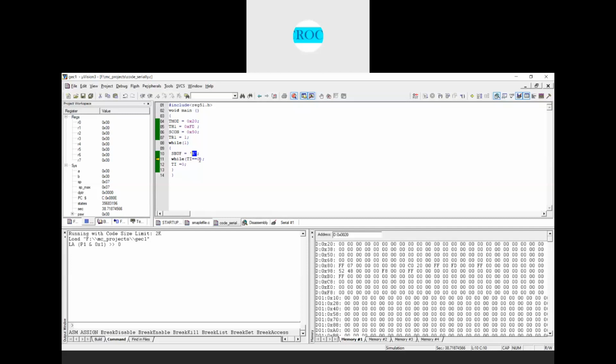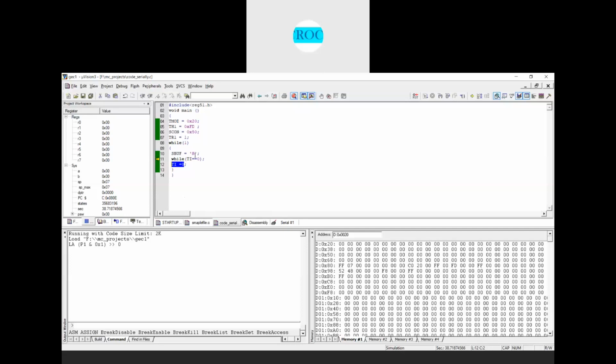If it is transmitted, what will happen? It will set the TI flag to 1. For the next transmission of data, you make sure that you clear the TI flag, right? Hopefully everyone understood how to write the C program to transmit any ASCII character. It could be any character, right? Here what we took is H, it could be Y or any other character.